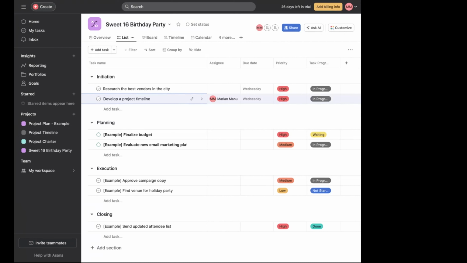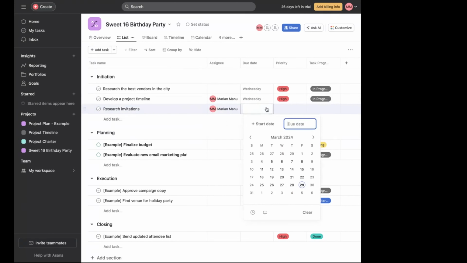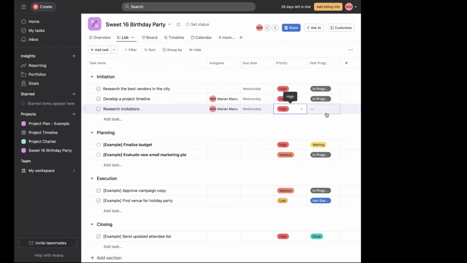Okay. Great. Now I'm also researching on the invitations. Research invitations. Okay, this is me. All has to be done by Wednesday. Okay, it's very high priority. All right. Okay, so now